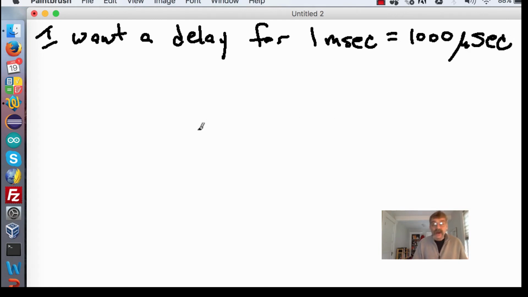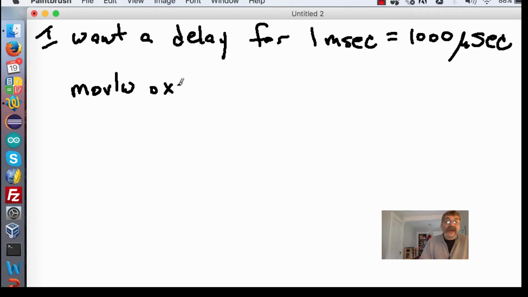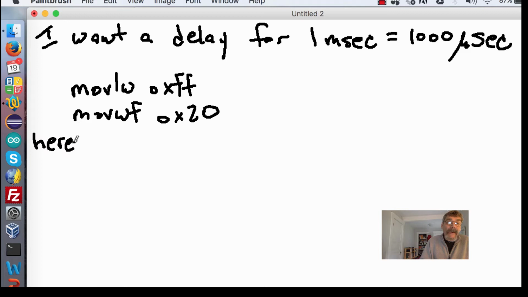Now, we've already written a loop that gets us pretty close to that, and it looks something like the following. We said, let's do a move literal to W, 0 hex, FF. Let's move W to F, move that into register 20, and come over here and say here,